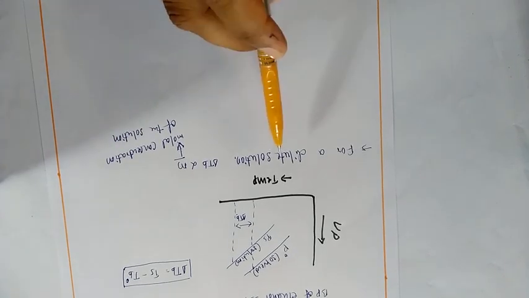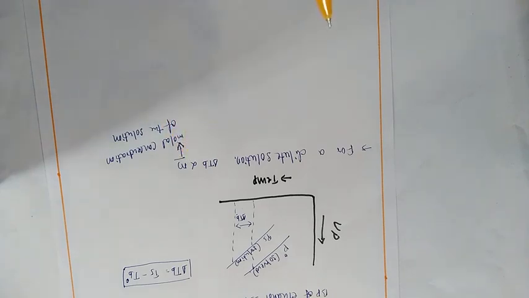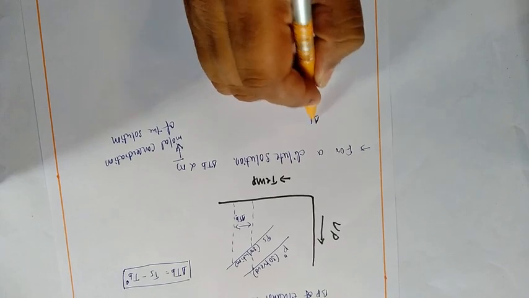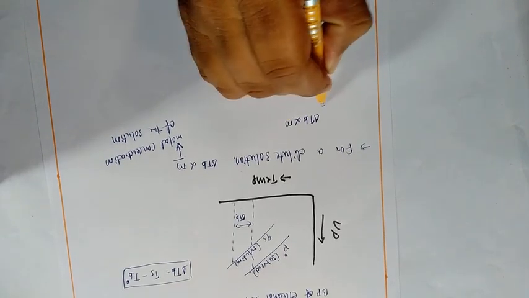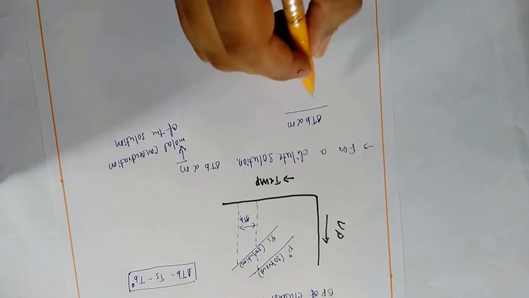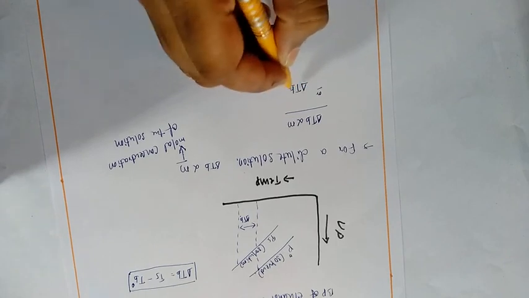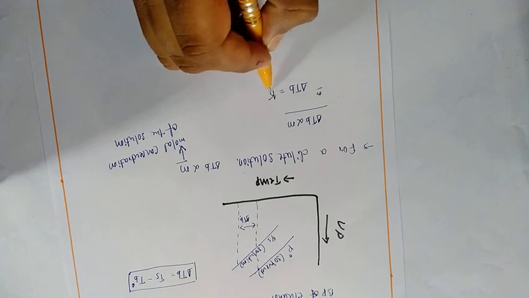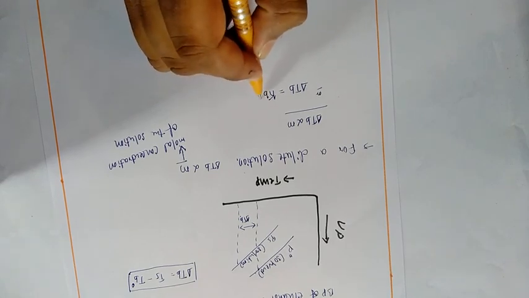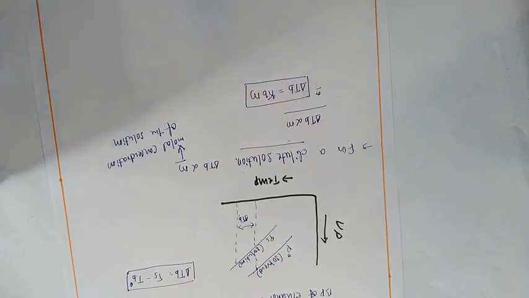Okay student, for a dilute solution delta TB is directly proportional to molar concentration of the solution. Or you can write delta TB is equal to, just remove this directly proportional sign and it becomes a constant, Kb m. Delta TB is equal to Kb m. It is for dilute solutions.